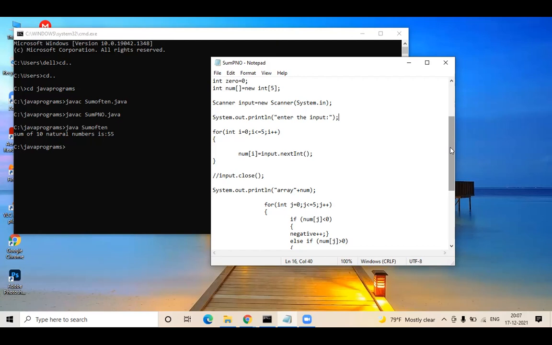But in our case, we are not going to consume the input. We are going to just evaluate whether that falls into positive, negative, and zero. To evaluate, we have to put that into an array, right? No, you can just have it as an int. You don't need to consume it in an array. So what you can do is tweak this program a little. Just comment out your for loop, the entire code which you have.